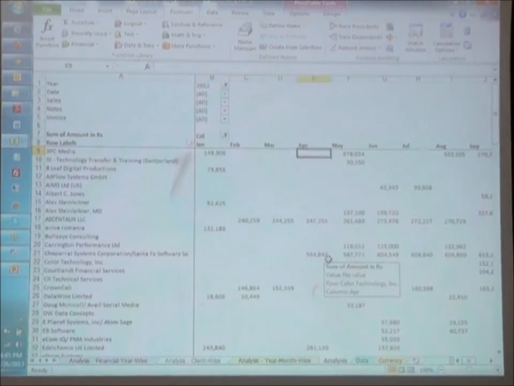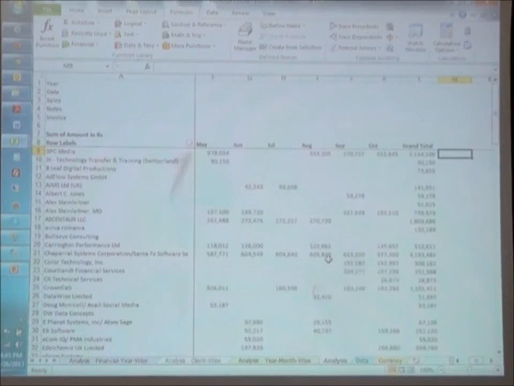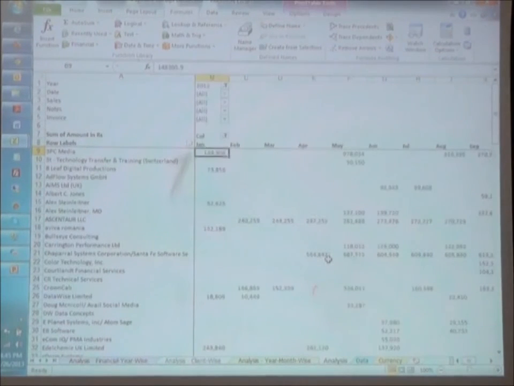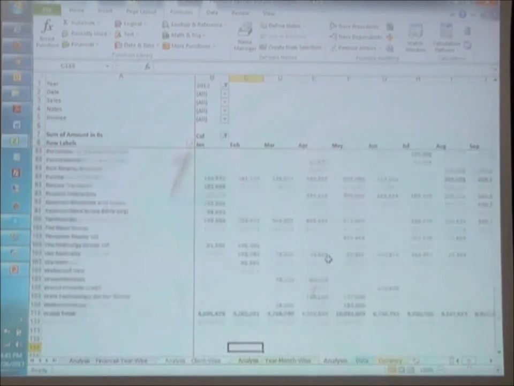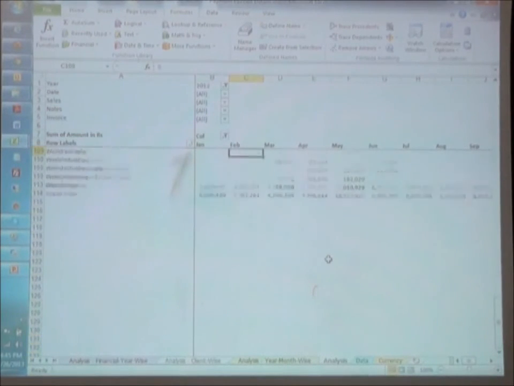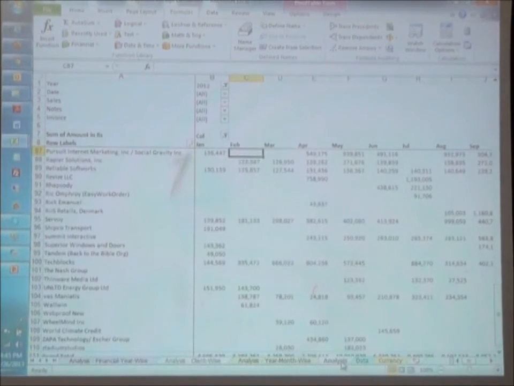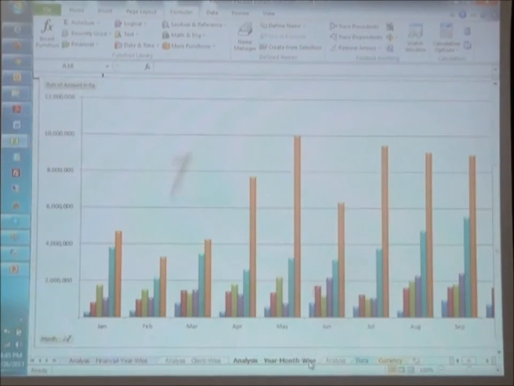Then this is the total month wise, year is there, these are my clients, and this is the value. Then I have compared that year wise, how my team is progressing on the revenue side. So this is year wise